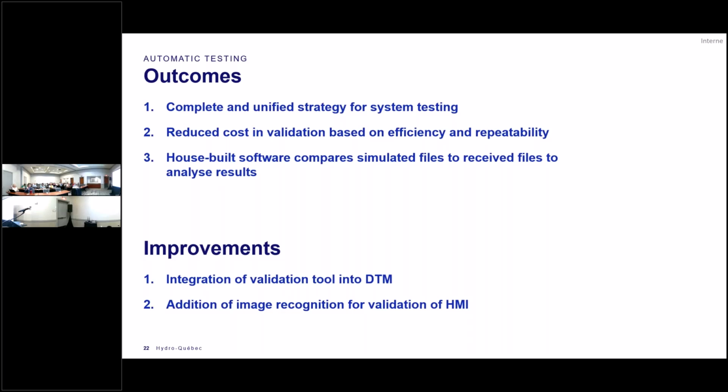there was no dead spot, in order to speed up things. The process was clear, and all the steps were well documented in order to apply it. It reduced the different costs in validation. Most of the testing that could be longer could be done overnight, or else it was taking minutes instead of hours. So it reduced the cost that we had to deploy the different teams during FATs or during commissionings. And